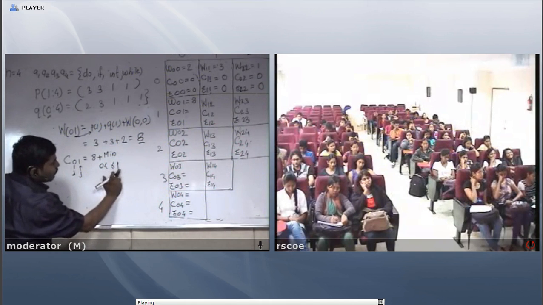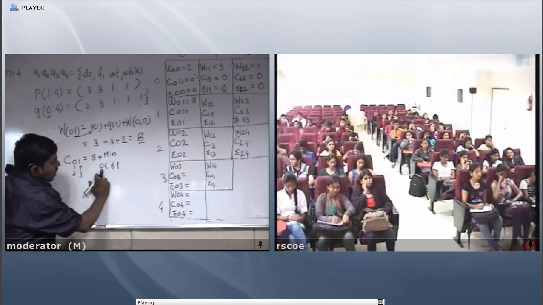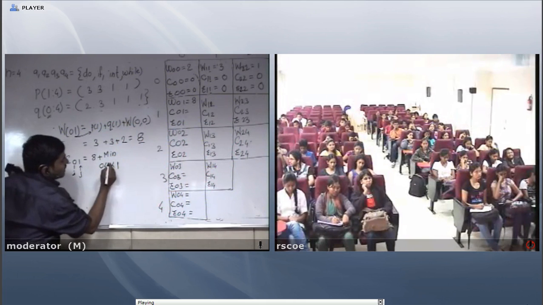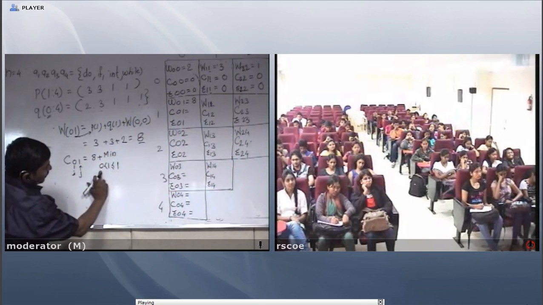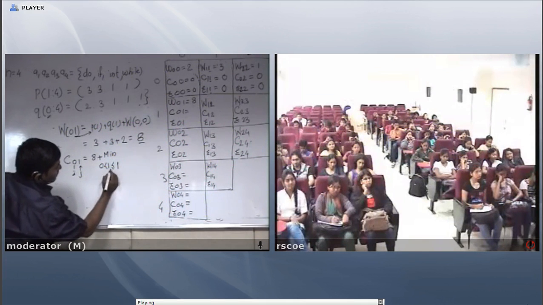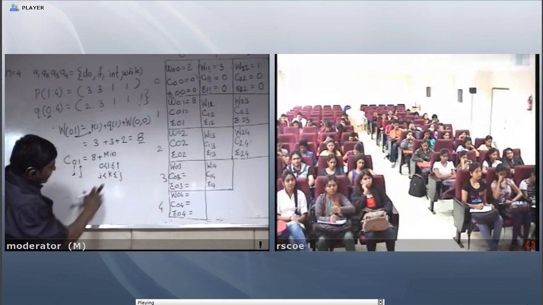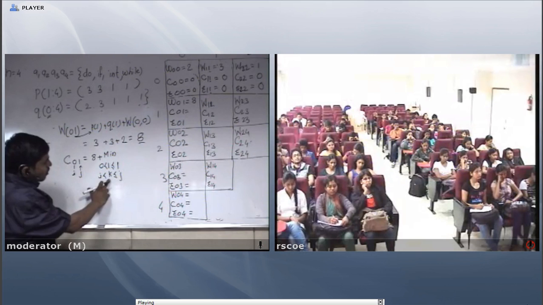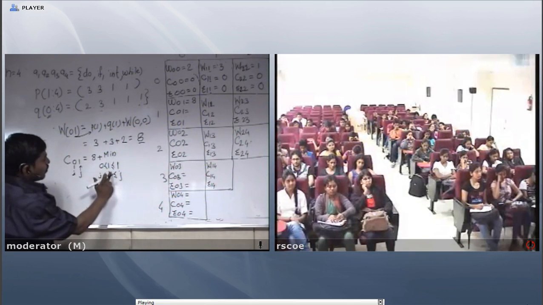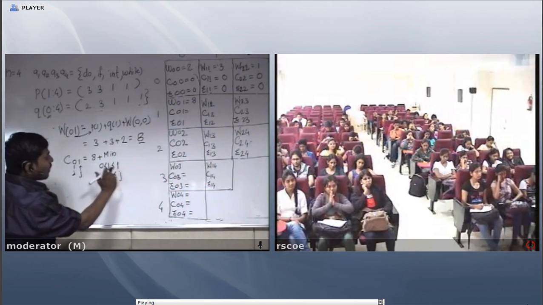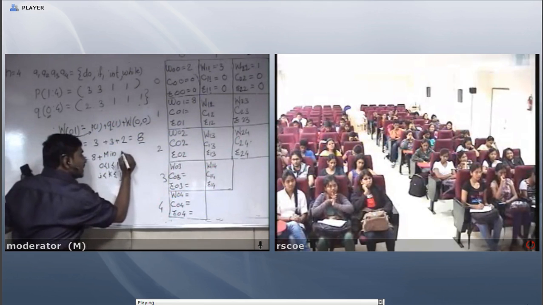If I see the condition, I is 0. What is the next value? That is 1. This is the k. The k value is 1. 1 is greater than 0, and 1 is less than or equal to 1. So it satisfies the condition. Clear? So this is a minimum value.